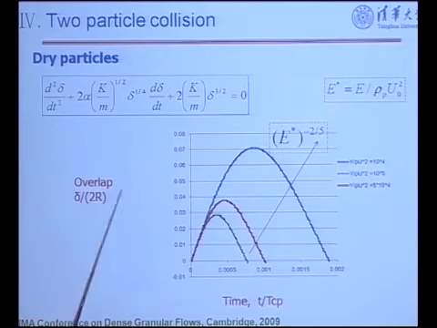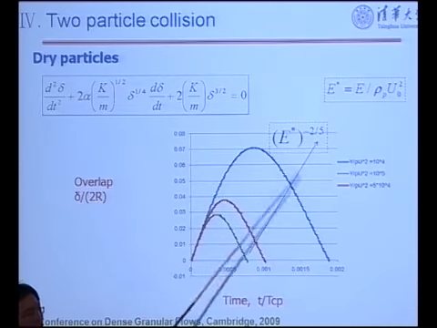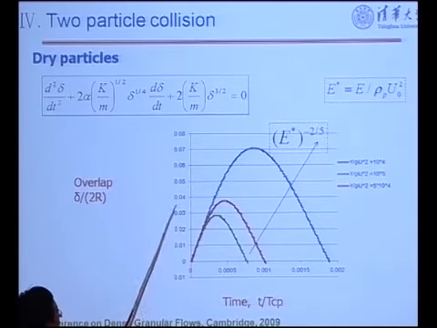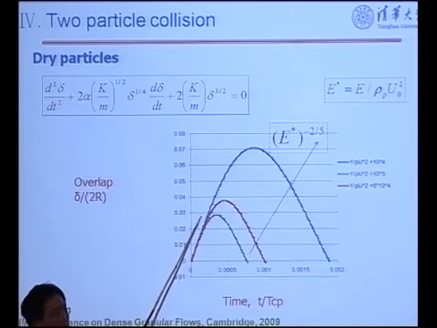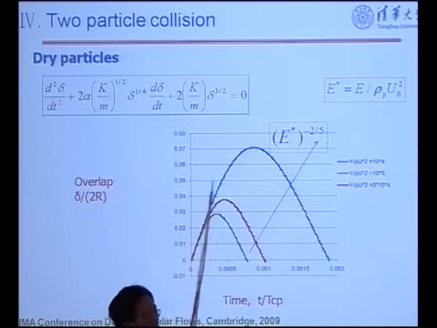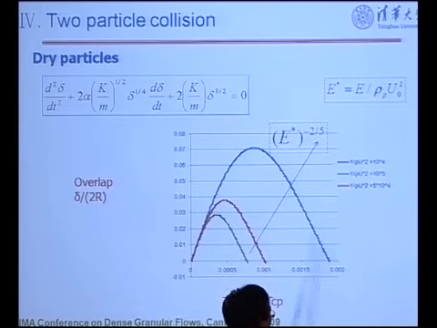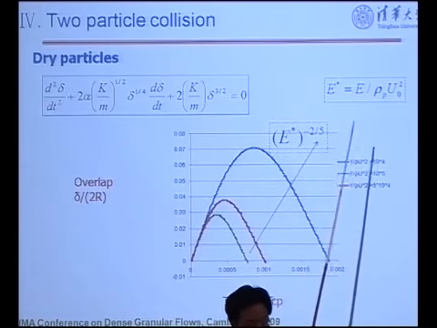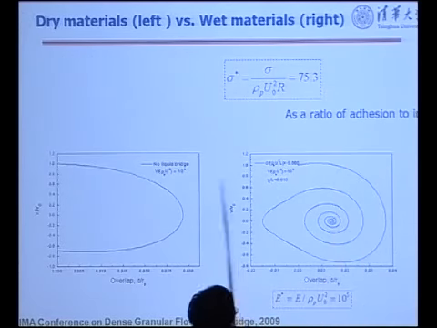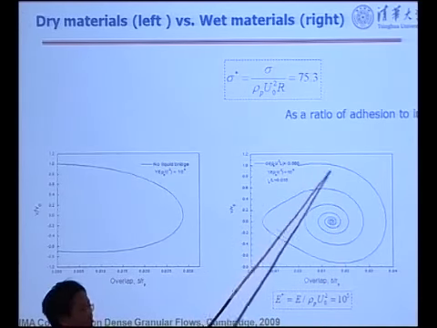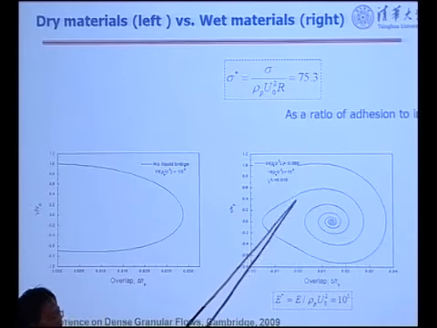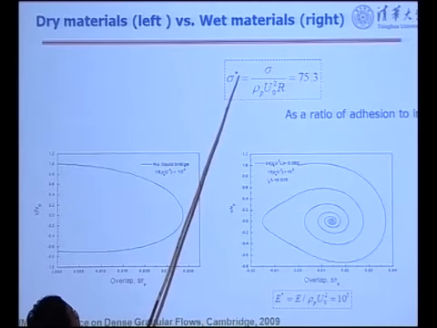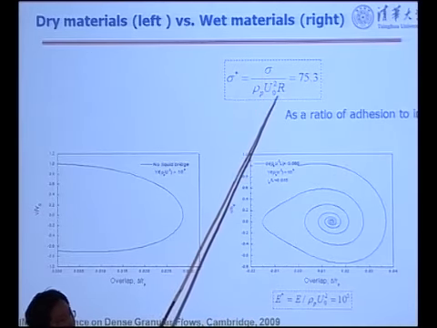Also we can find some people will say the elastic modulus is very important. We also modeled that and we find that if we use this scaling of the overlap and the time, all the lines will collapse into one. But we should also select the overlap to be much smaller. If it is small enough for the normal force, the effect again is not much. So that is very important for using Hertz theory for DEM, and also for liquid bridge force.